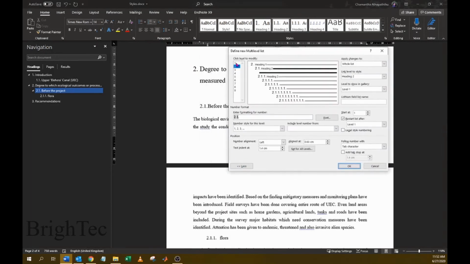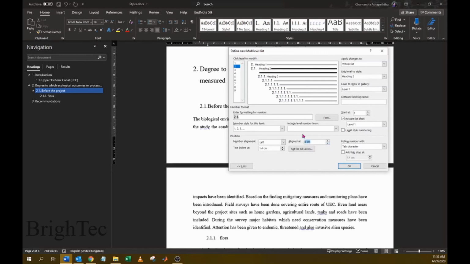And if you go into level 1, you can see the aligned at box. What this does is it changes the distance of the number from the margin. So for level 1, the distance is 0 centimeters, but if you go into level 2, you can see that it has a number. So you can change this number according to the alignment you want.